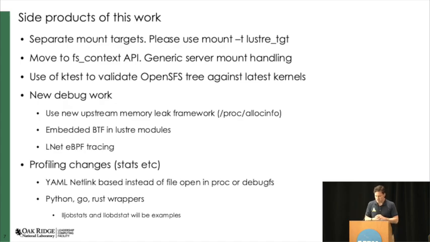And of course, as we discussed, there's the LNet netlink API work. So you can use that instead of opening a file in debugfs. And we're going to have all these wrappers. One of the ways I'm going to show a good example is we have two application utilities, lljobstats and llobdstats. We could easily port those. One of them is definitely a Python script. So just a couple lines change with the proper Python import for the netlink to the C code, and it would work. So we're going to do that.